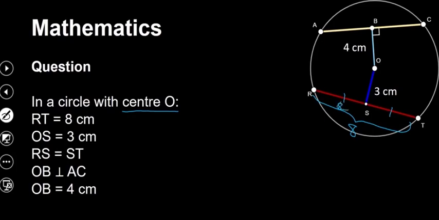It makes this 4 here and it makes this 4 because they are both supposed to add up to 8 centimeters. OB is perpendicular to AC. We know that. They just showed us there. If that is the case, remember, then we can claim that those two are equal. And since they told us that these two are equal, then we can claim that we have a 90 degree